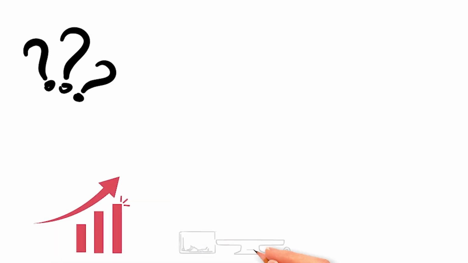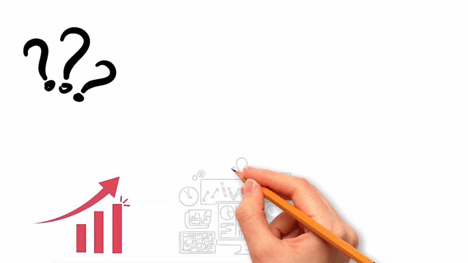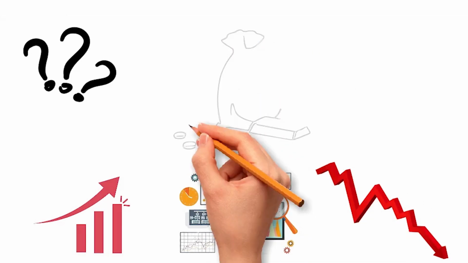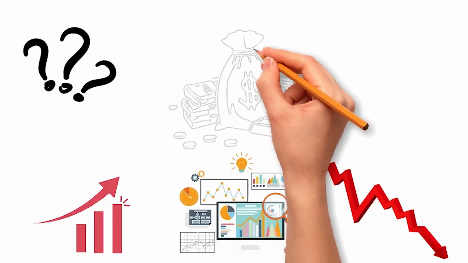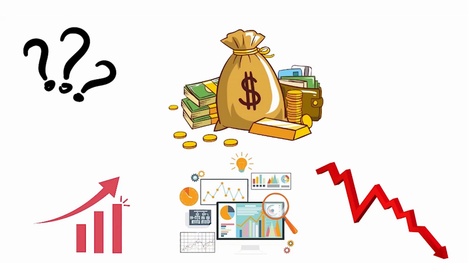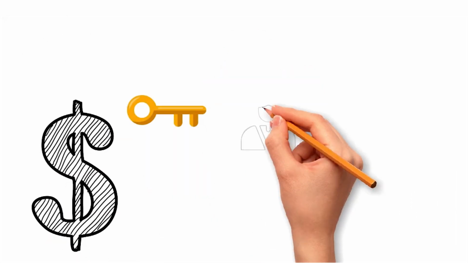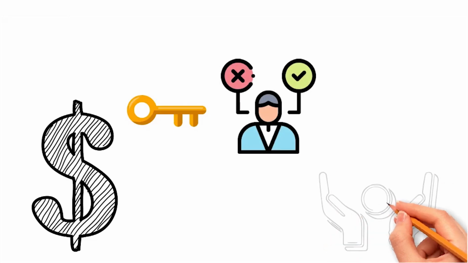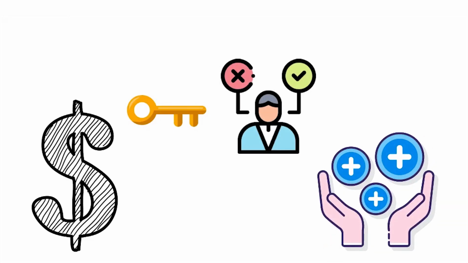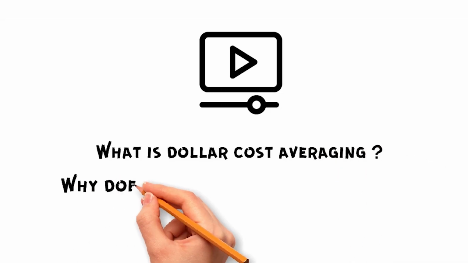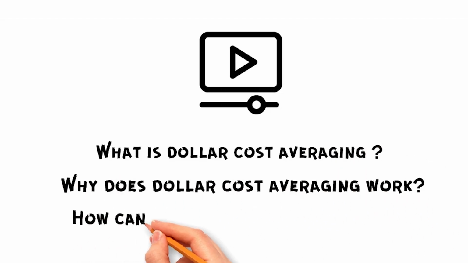Why should we invest gradually in small amounts, but not all into the stock market at once? In economic downturns, like the current situation, should we hold on to our cash and wait for the market changes to strategically time our investments for better profits? Understanding dollar-cost averaging is key to navigating these decisions and unlocking its potential benefits for investors. In this video, we will explain what dollar-cost averaging is, why the strategy works, and how you can implement this